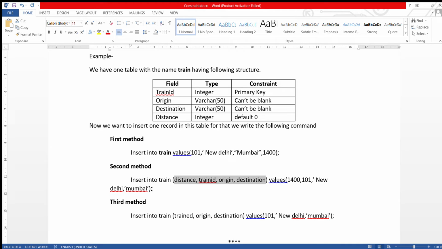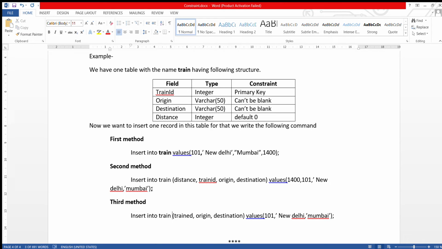Now the third and last method is again insert into train. Suppose I don't have the distance, means the printed list which I received contains the values of three columns only, that is train ID, origin and destination.